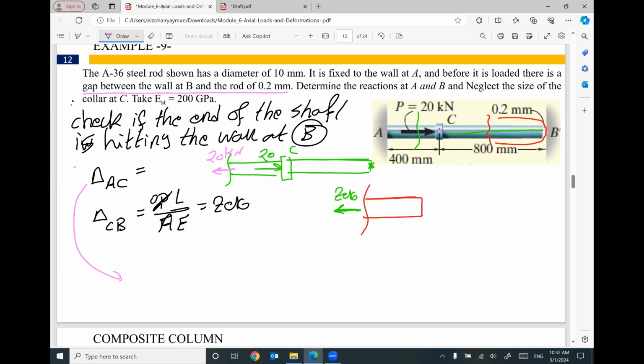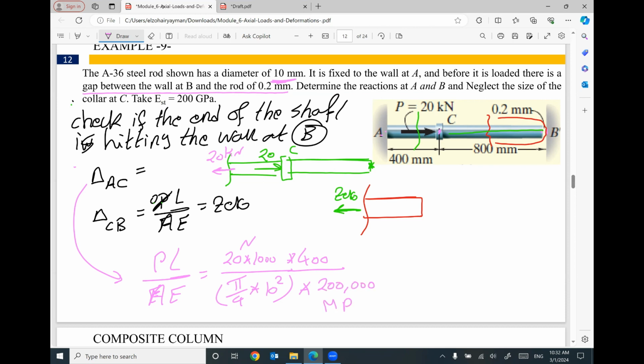So we will have PL divided by EA. For this part, the applied force will be 20 times 1000 to be in Newton. The length of this part, AC, equals 400 millimeter. The cross-section area of this part with a diameter of 10 millimeters is pi divided by 4 times 10 millimeter squared. The Young's modulus of the material is 200 gigapascal. It will be 200,000 megapascal. So the elongation,